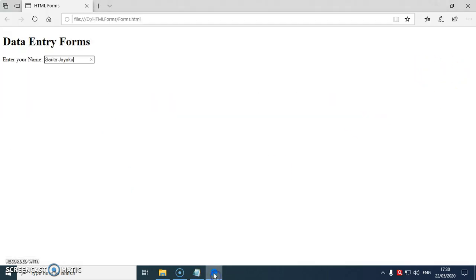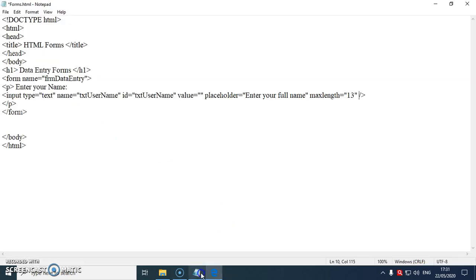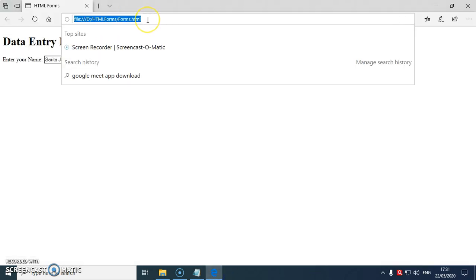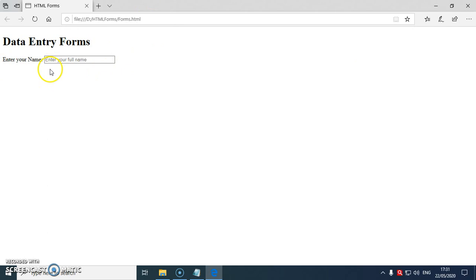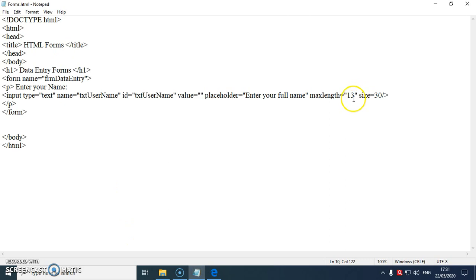Can you see? Did you observe the size of the text box? It is small. This size of the text box is only 20 pixels. The size or the width of the text box is 20 pixels and we can change it by using the next attribute called size. So I'll put size is equal to 30, Control S, and now you observe the text box size has increased. Okay, again I'll write my name here. But see, I'm not able to type further. Even if the size has increased, the max length we have set to 13. So only 13 characters are allowed here.